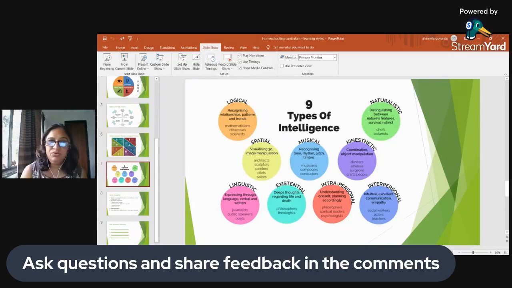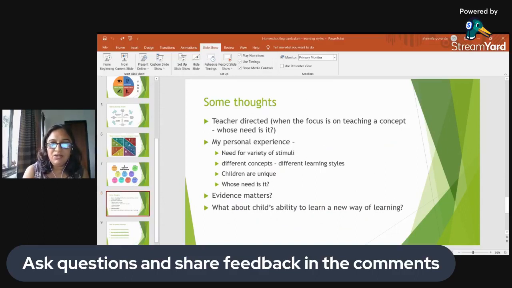And when he says that, don't pay too much attention to what the styles are. I would say be aware that there are different ways in which a child learns. However, don't insist that, oh, my child is a kinesthetic learner, so he's never going to learn through other ways. No, that's wrong. I think that's the wrong impression that is being given in the outside world. So, with that, I'm going to just share some of my thoughts around